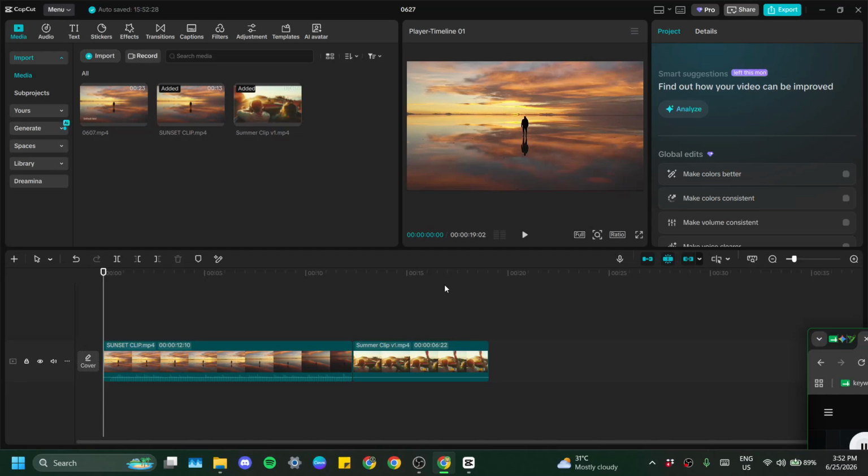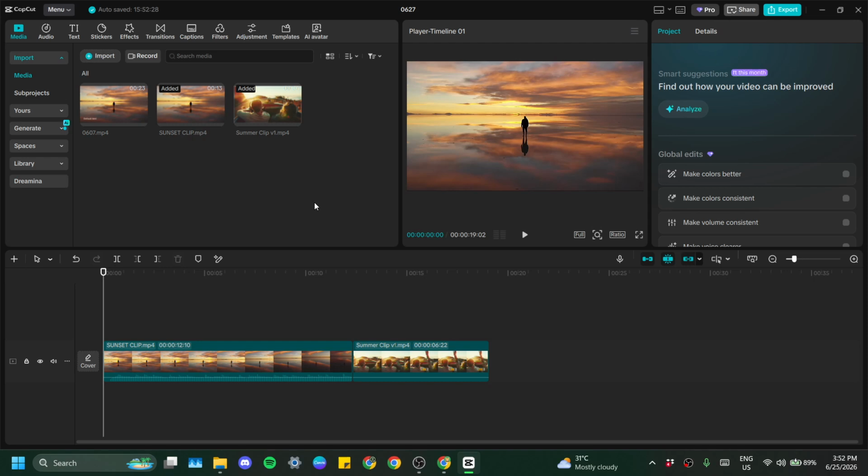In today's video, I'm going to teach you how to export a selected clip in CapCut PC. If you're working on a longer project and only want to save one specific section without exporting the entire timeline, CapCut makes this surprisingly simple. The key is setting a clear start point and end point around the exact portion you want, then exporting only